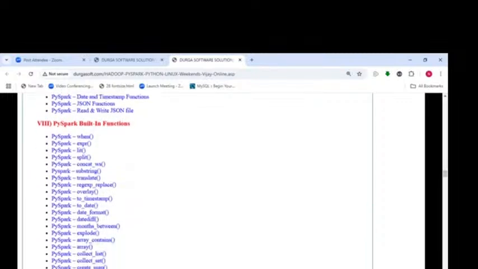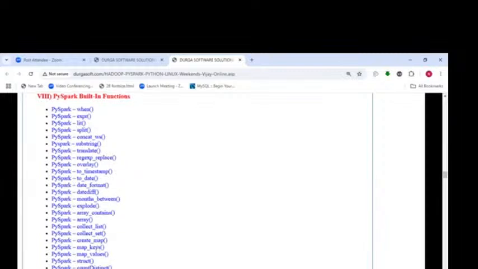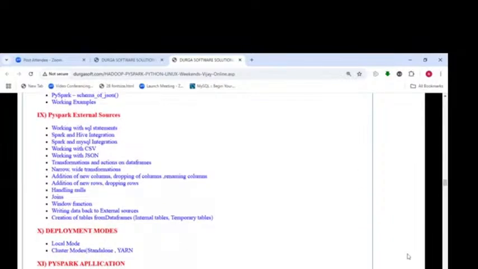PySpark SQL functions, PySpark aggregate functions, window functions, date and timestamp functions, JSON functions, reading and writing JSON files, PySpark built-in functions, when, expr, lit, split, substring, translate, overlay, to_timestamp, to_date, months_between, explode, array, collect_set, map keys, map values, struct. So many built-in functions with many working examples. PySpark external sources working with SQL statements. Spark and Hive integration, Spark and MySQL, working with CSV, working with JSON, transformations, actions, narrow and wide transformations, adding